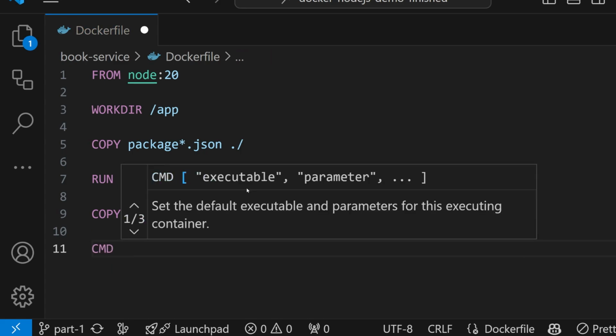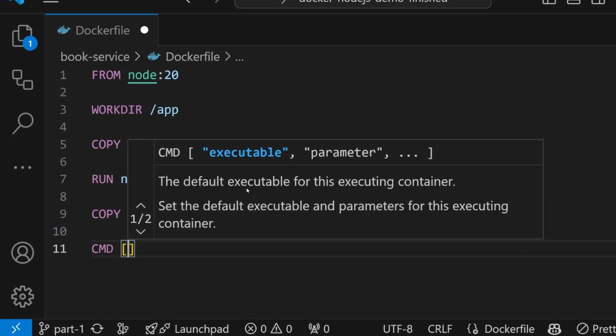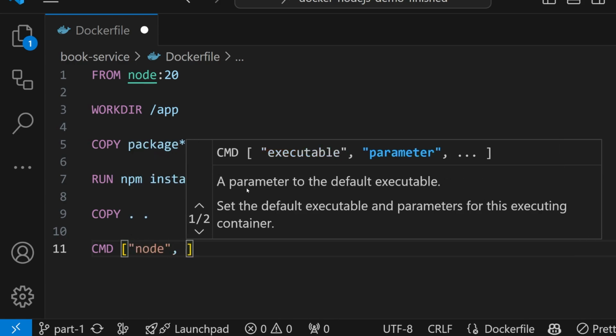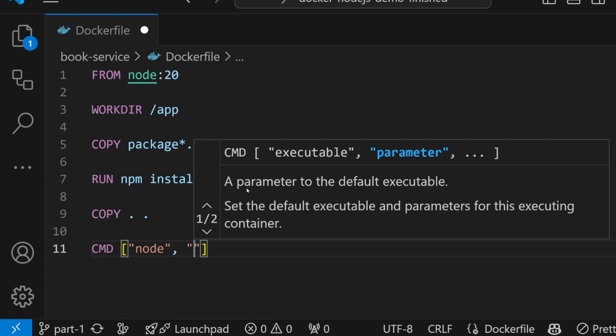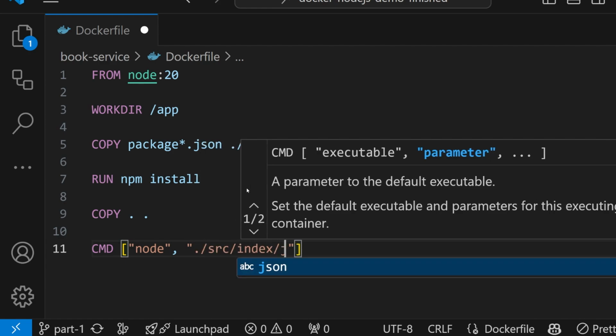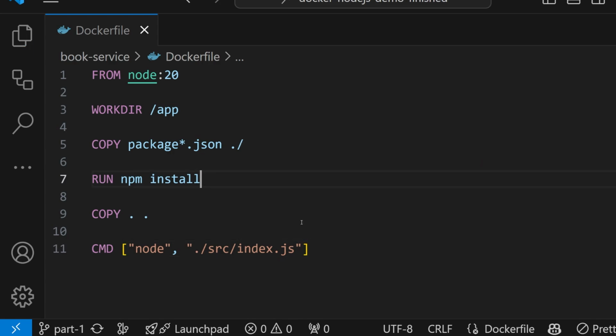So this means execute a command, and then we'll add an array. And in here we'll add a string, and then we'll say node. Then we'll add a comma just outside of the string, and then we'll add a string again, and then we'll say /src/index.js, just like this. So what this is going to do is it's going to go to the index.js file